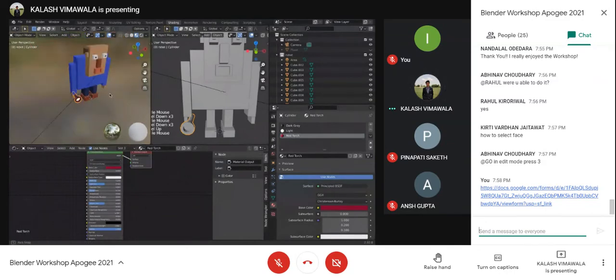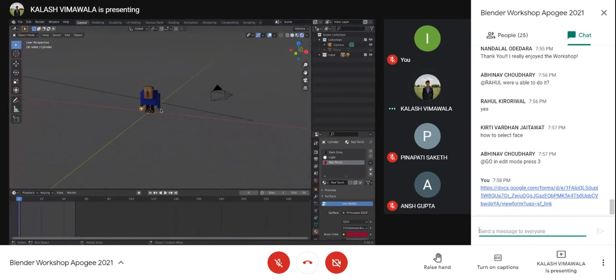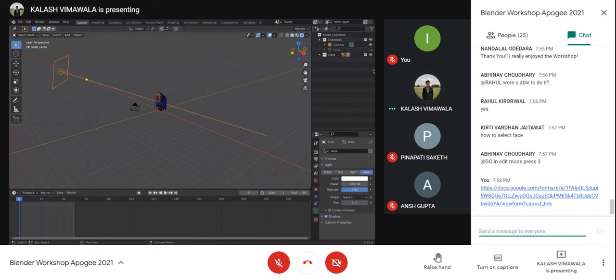So this is done for now. I'll go back to layout mode. This is how your scene looks in the material preview and in the rendered mode. Now in the rendered mode, it only has colors because I've assigned it. I have an area light in the scene. Say I hide my area light, then what happens?